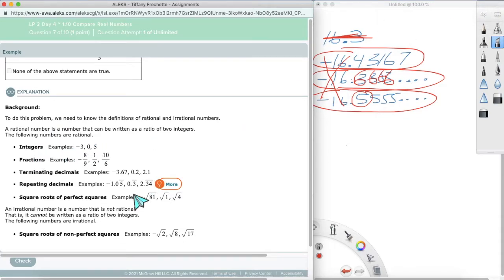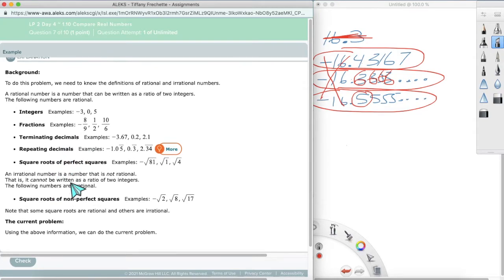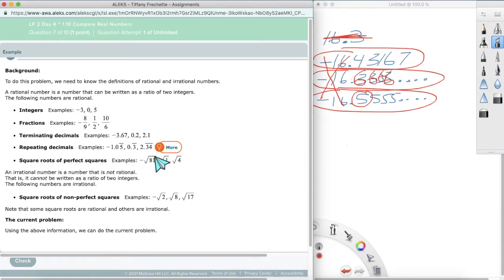So -3, 0, 5, those are examples. Fractions, quite literally, it's a numerator and a denominator. We have terminating, repeating, which we were just practicing a moment ago for our decimals. Square roots of perfect numbers. So with these ones, if it's a square root of a perfect number, that means that you're actually going to end up having just a number. So the square root of 81 is 9. The square root of 1 is 1. The square root of 4 is 2. So these ones are